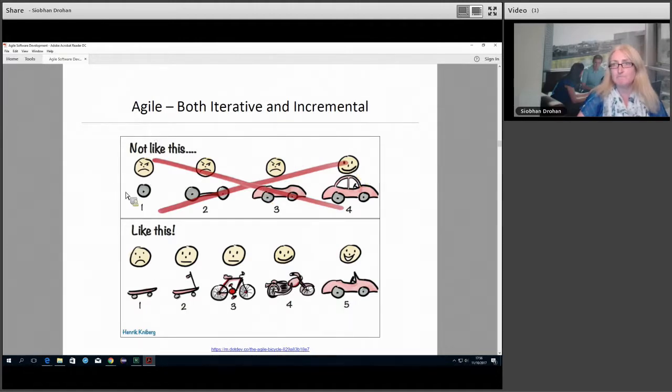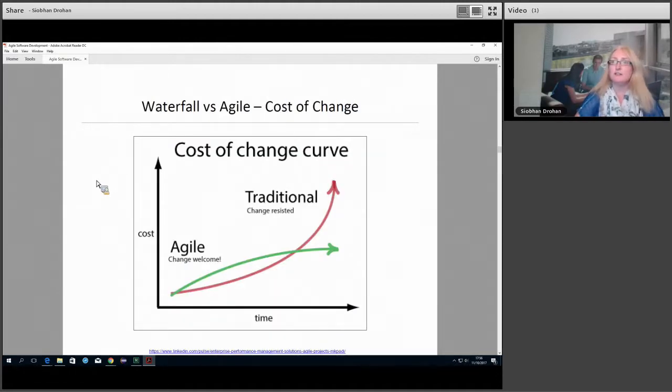Okay. So waterfall versus agile. So we're interested in cost of change. We're software developers, we all know that change is going to happen. It will always happen. You can do your best planning, but it's always going to change. So when we're looking at this here, we can see that in agile, change is welcome to a degree. So over time you can manage your change. As you can see, it's incremental, and it's also iterative. You can factor in change to a much better degree than in the traditional waterfall approach, because in the traditional approach,